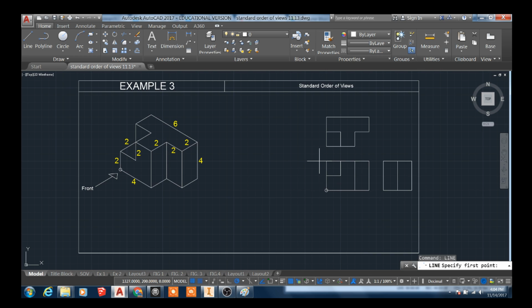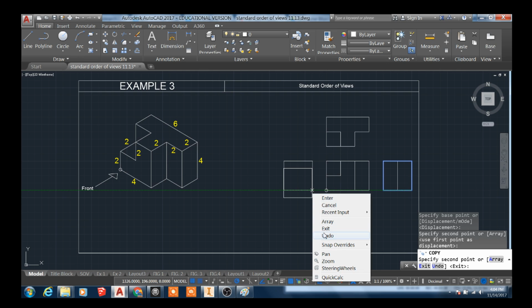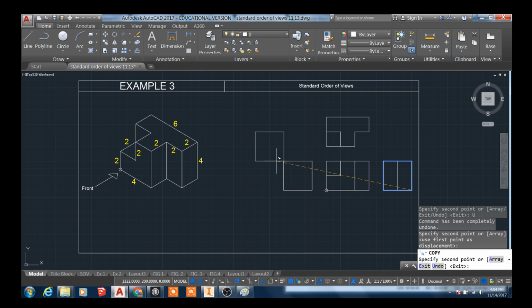Alright, next is my left side view, and it's actually the same exact outline as the right side view. So I'm just going to go ahead and copy it. I'll select it and then go to the Modify Tool panel, click on the Copy command. Click on this endpoint for my base point. Jump over 2, oops, place it,